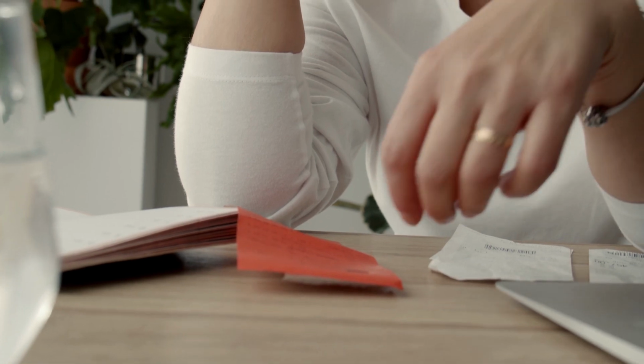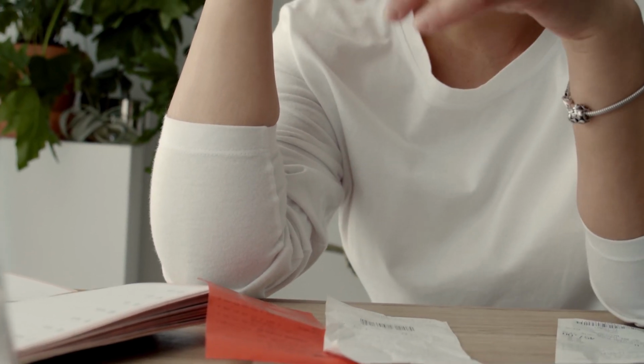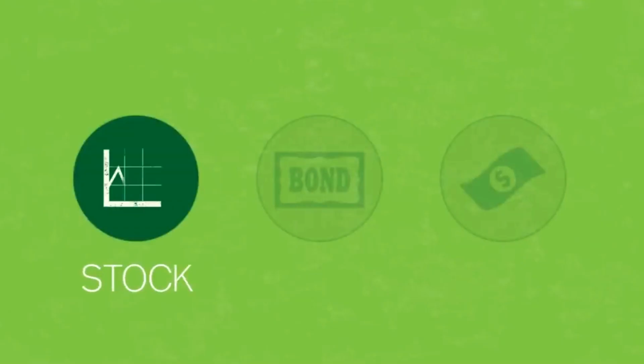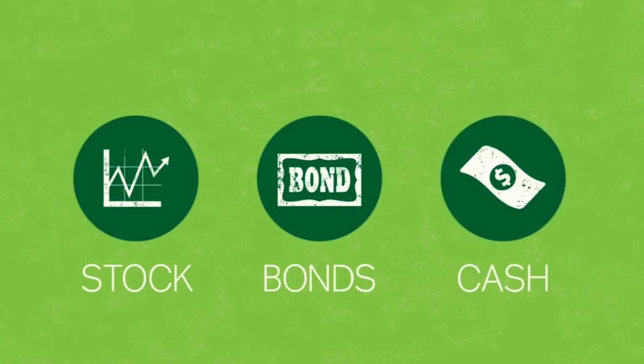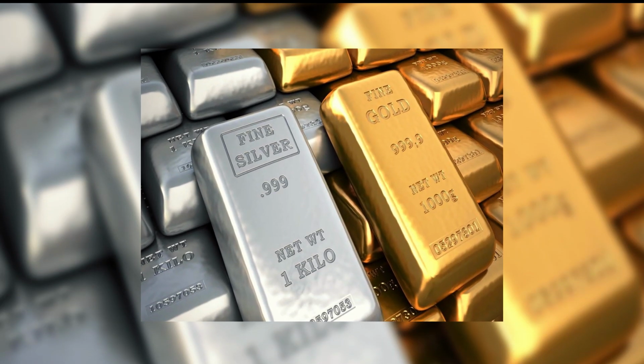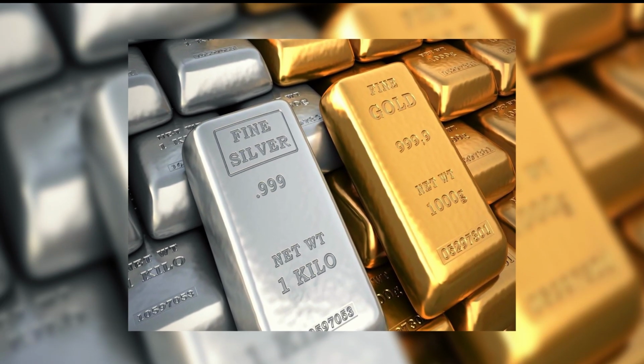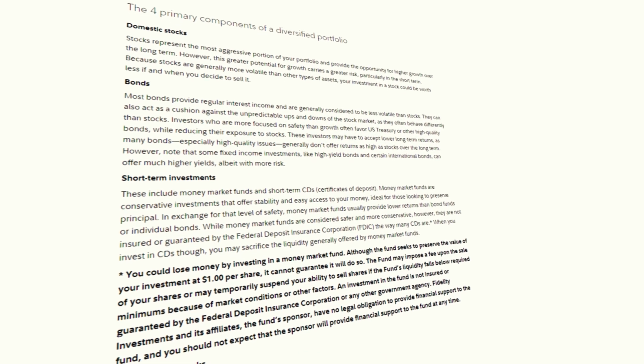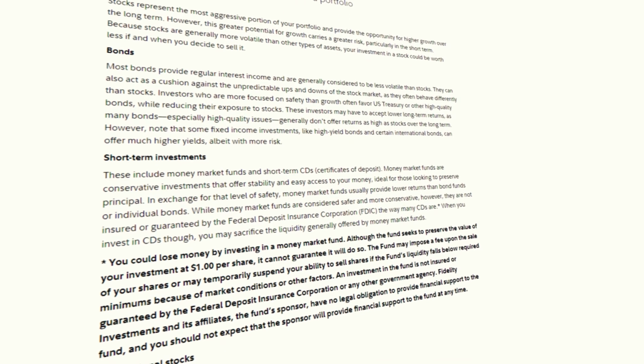To protect themselves from inflation, individuals can take a number of steps. The first option is to invest in assets that are likely to appreciate in value over time, such as stocks, bonds, or real estate. Another option is to invest in commodities such as gold or silver, which tend to hold their value during times of inflation. And it is always important to maintain a diversified portfolio, which can help mitigate risk.